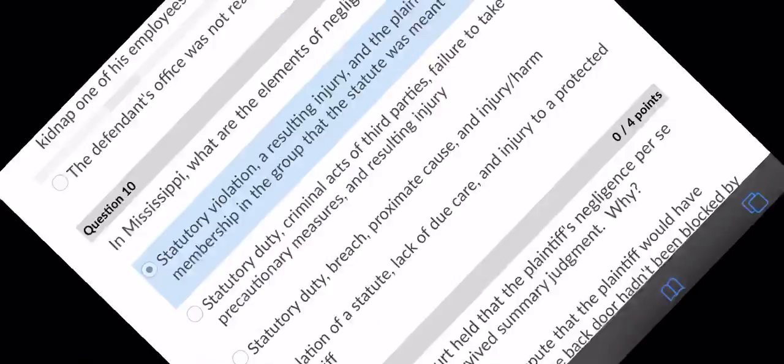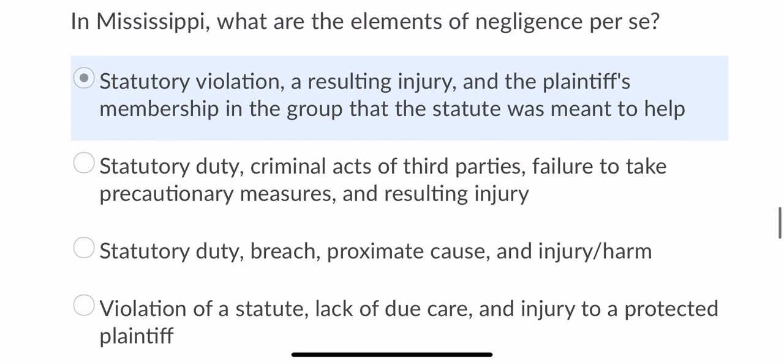So going back to the question itself, when I said that I was placing emphasis on the first element, I said that because when I chose this answer, I was stuck between this one and that one. I really decided that this would be the best fit because when reading it, it made the most sense. The last part, it says the plaintiff's membership in the group that the statute was meant to help. That's most important because, like I said, when I was going over the opinion, I placed emphasis on the fact that